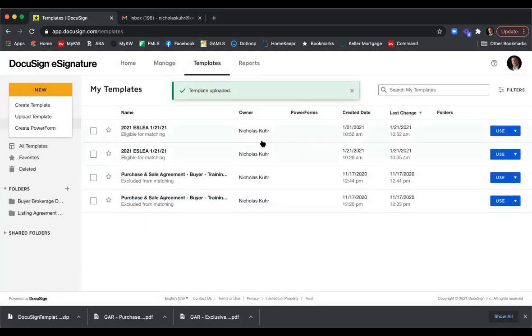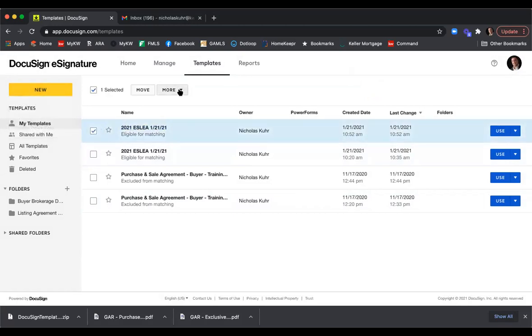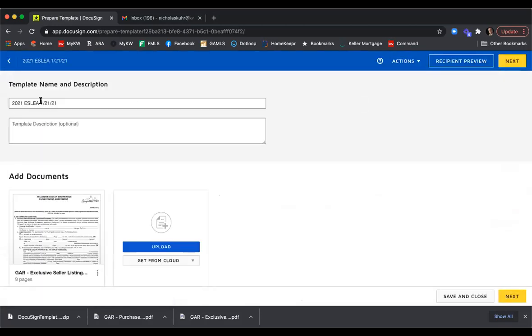And then here we go. Now I have a new one right here. So you can see the first one I made at 10:20 and this one I uploaded at 10:52. So if I wanted to, I could probably rename this. Let's see. We can edit, create a copy, create power form. So I could edit it if I wanted to, and then I could rename it. So I could just do